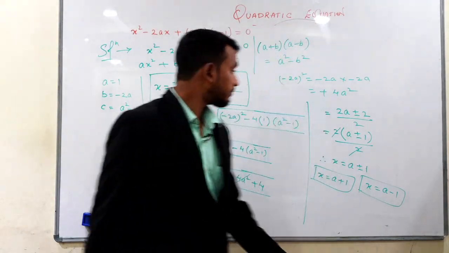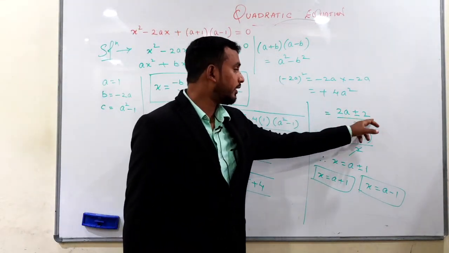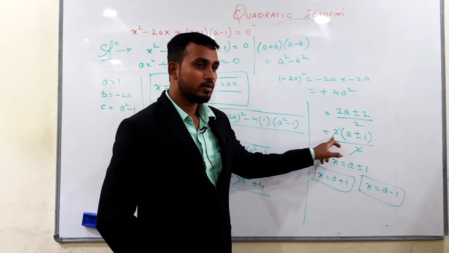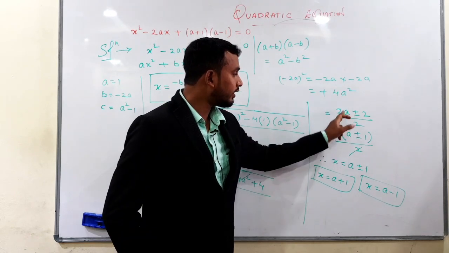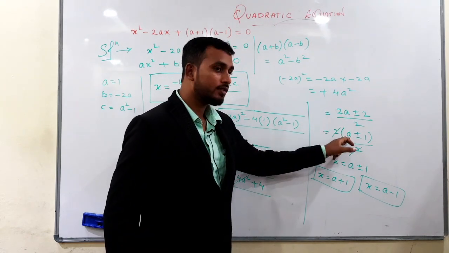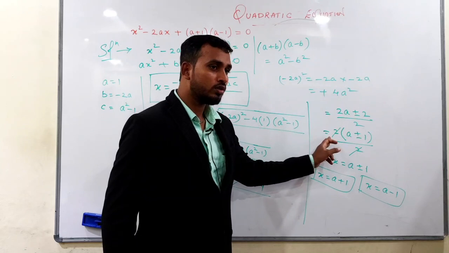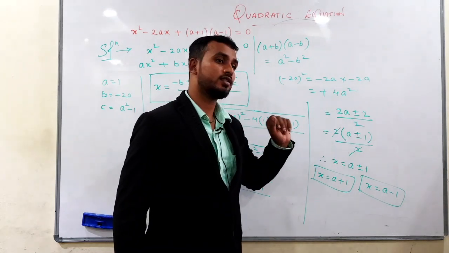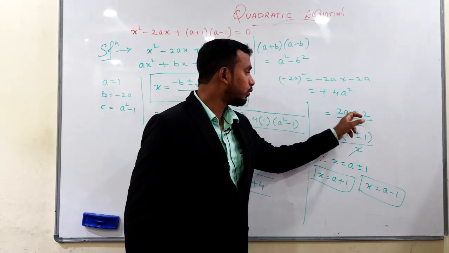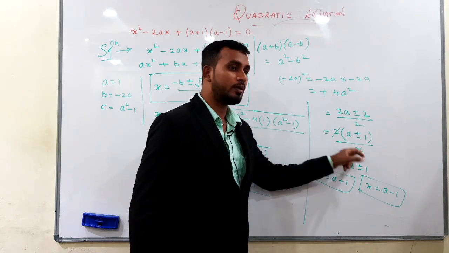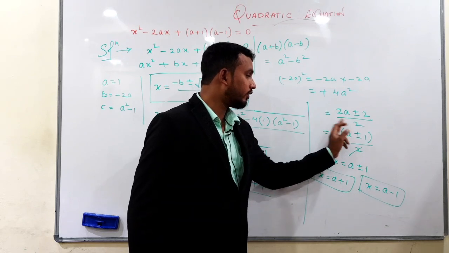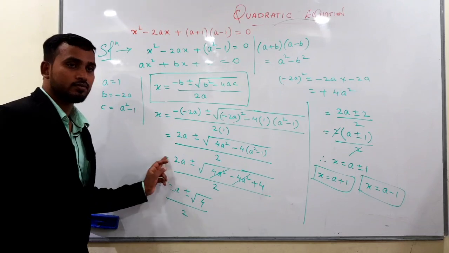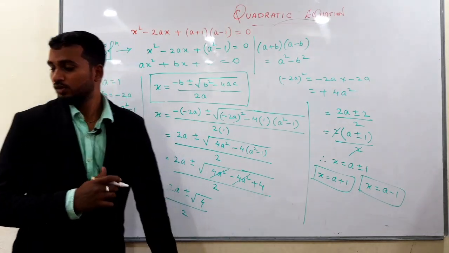On this side, 2a plus or minus 2 by 2. Here also 2, here also 2. So we took 2 common. If we take 2 as a common factor, this 2 is already out, so write a plus or minus, and in place of that we have written 1. Why? Because if you multiply these both, you should get this: 2 into a, 2a, plus or minus 2 ones are 2, divided by 2. This numerator has a common factor, right? So we are cancelling. But here we cannot cancel. Understood? Good. Copy down.